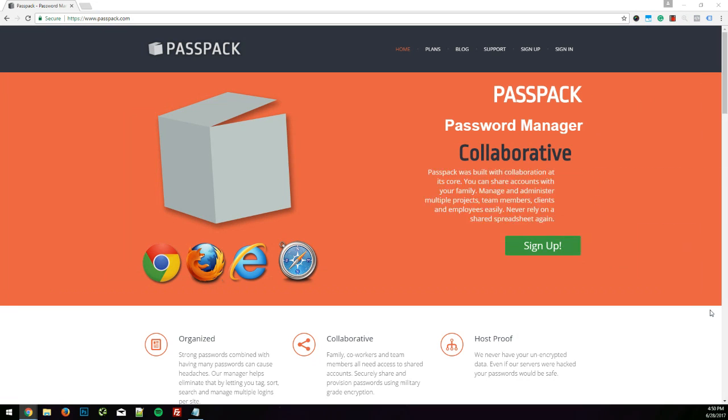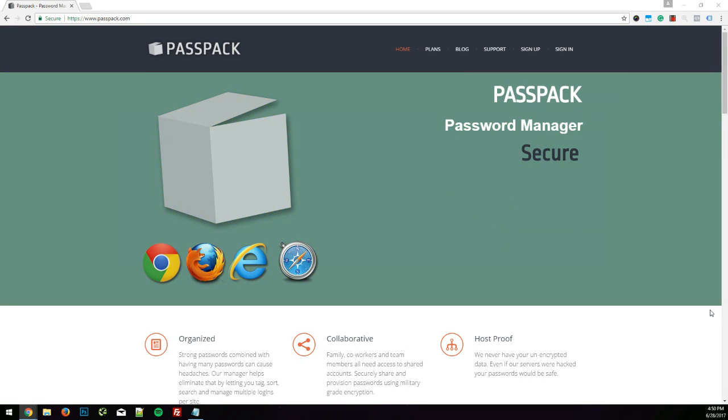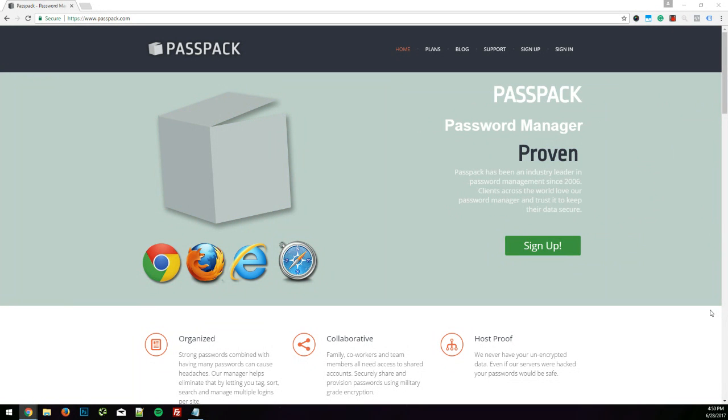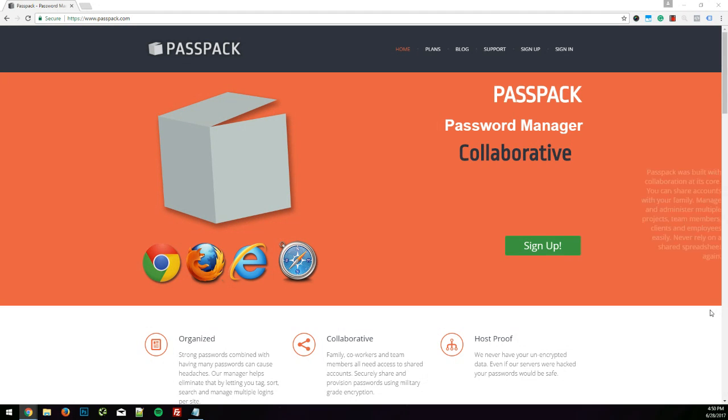In the past, I was a big Google Docs person. I would make a Google Doc per client, house all their information on there. If I needed to share it with somebody, I would. But over time, I've had colleagues tell me that Google Docs is just not a secure solution for password management. So, got to give credit to some colleagues. I remember using this tool back when I worked at Web Talent Marketing. Mike Canarelli told me about it, called PassPack. It's awesome. I should have embraced this a long time ago,